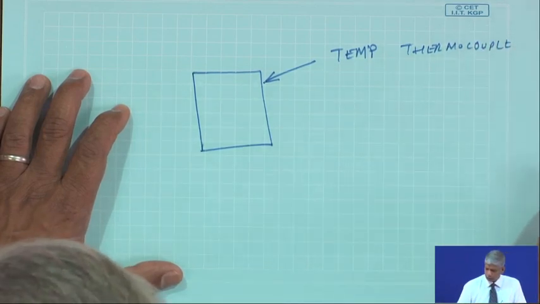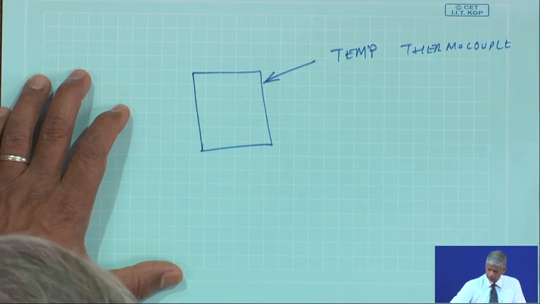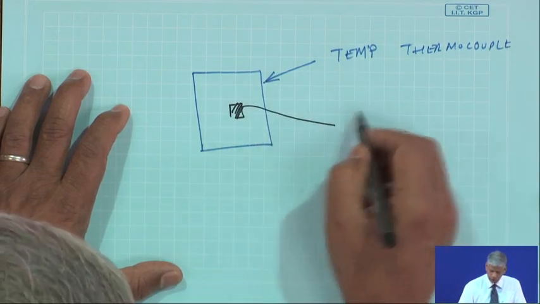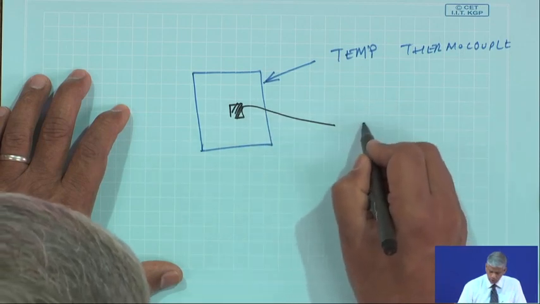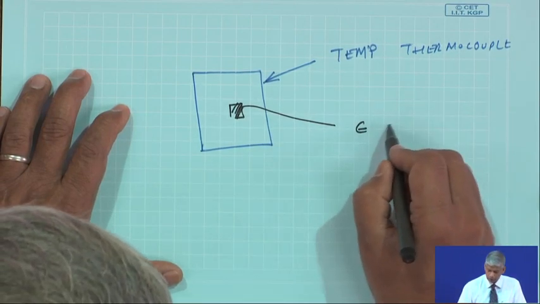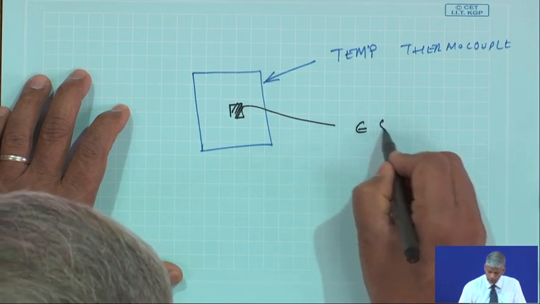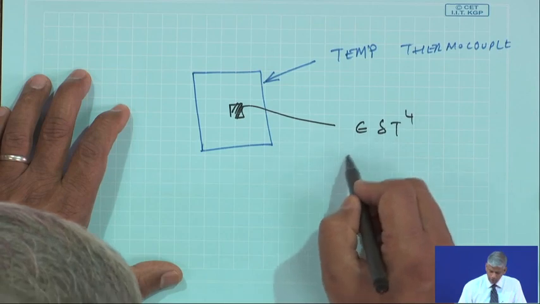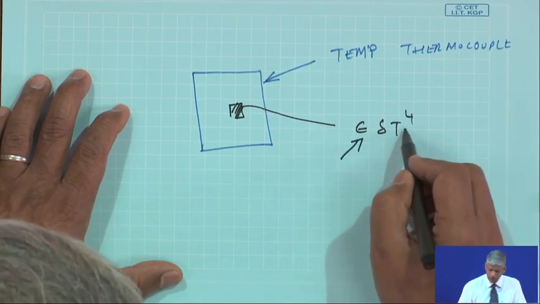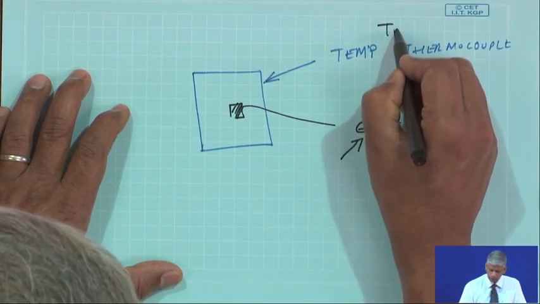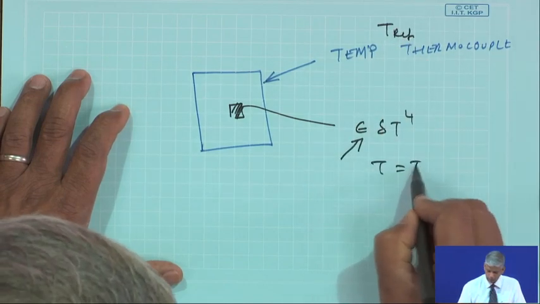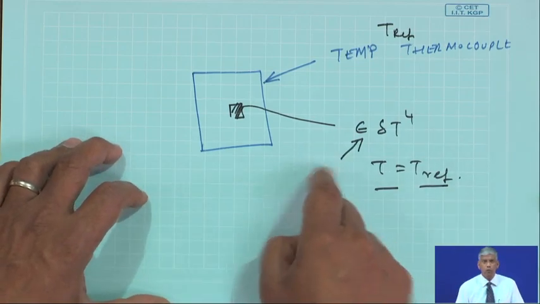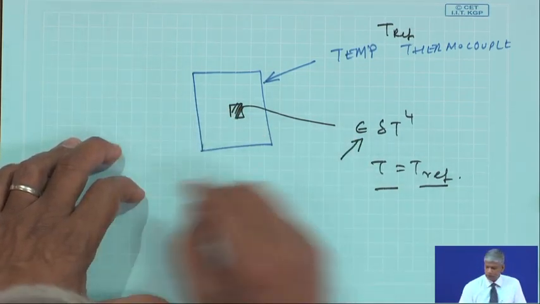So, I will put some sort of a patch and focus there and measure through. I do not know the emissivity, I will measure through this and get a temperature. Okay. So, I will vary this emissivity till I get this T equal to the T reference. Okay. So, this is how very easily you can know the emissivity of an unknown surface, or many times you